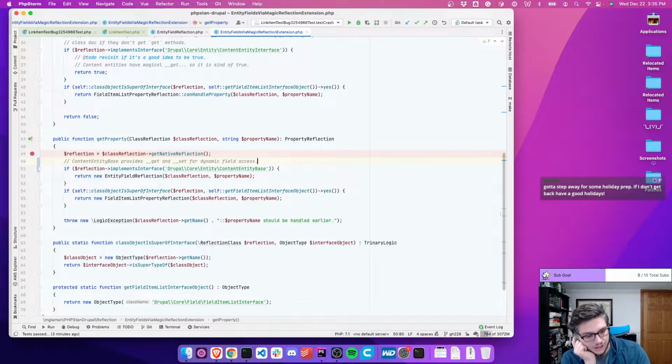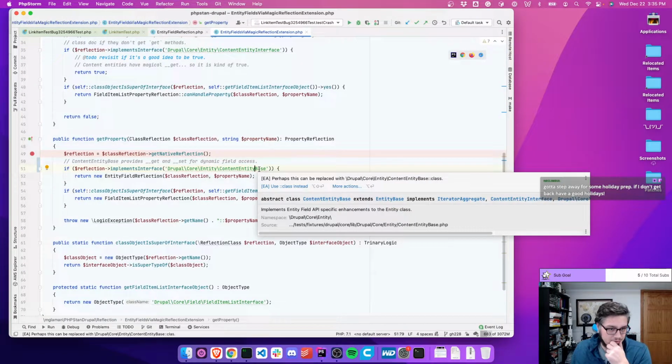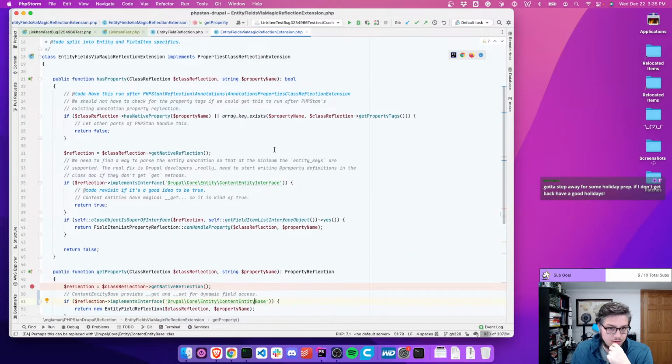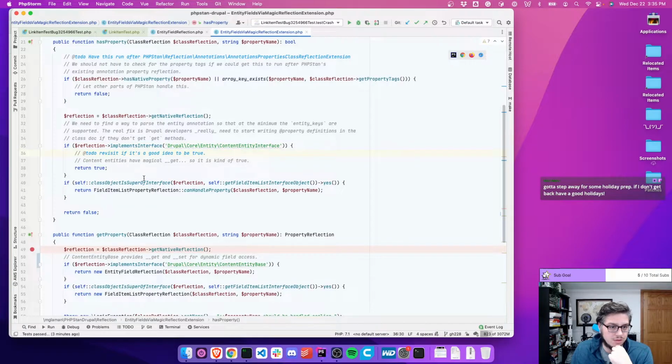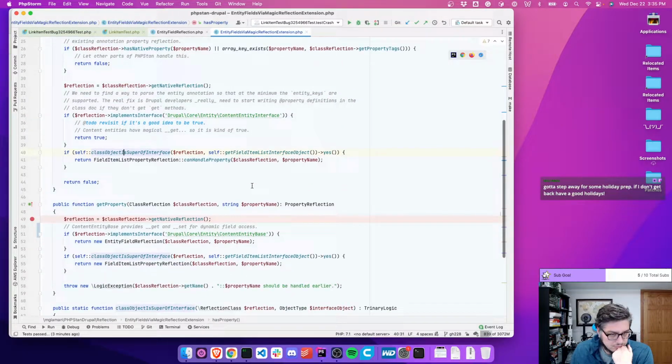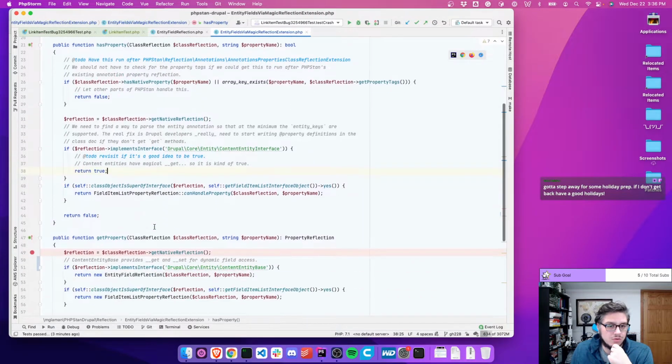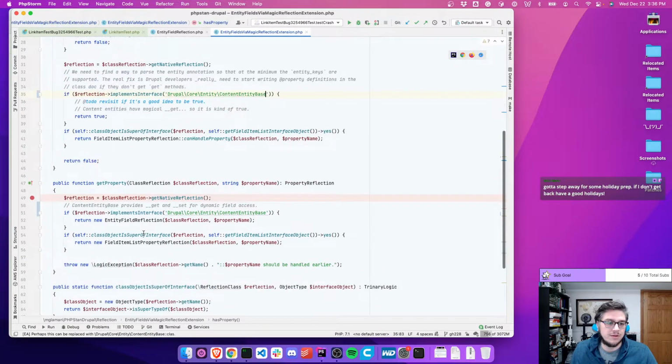So this is going to break possibly a lot of things. Maybe it won't. It's going to reduce the amount of impact it has. Let's see. Oh, wait, here we go. We need to find a way to parse entity annotations at the minimum of keys. Has property, return true. Oh, so that's why, because get property